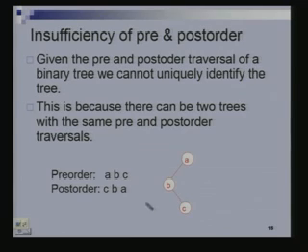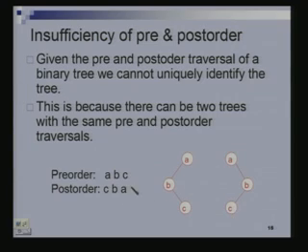This is a tree with this pre-order traversal A, B, C. Post-order traversal will be C, B, A. This tree also has the same pre and post-order traversal. A, B, C is the pre-order traversal, post-order traversal is C, B, A. Which of these trees is the right one? You don't know. Both of them. So there is no unique tree. We could also have had C as the right child. These are only 2, but there could be many trees that you could construct.